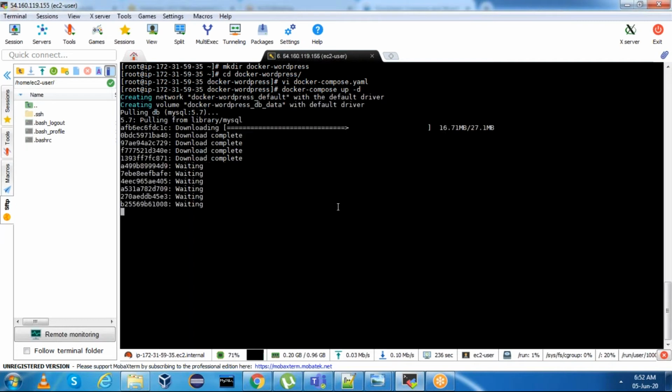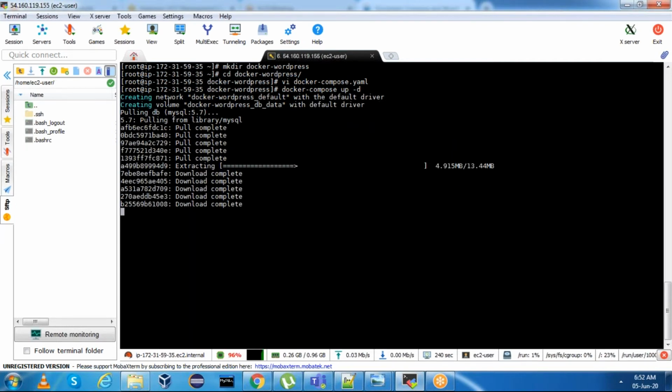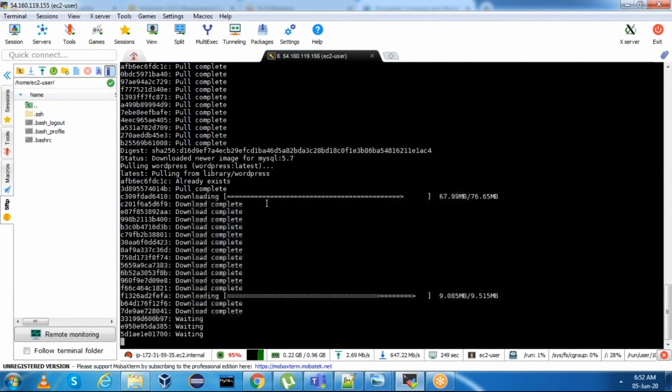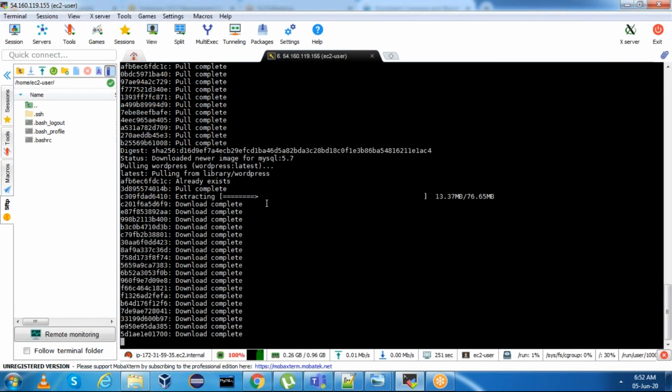Now see, it is creating a network, the docker-wordpress default network, and it is creating a volume, docker-wordpress db_data, with the default driver, and it is pulling multiple containers. The MySQL image is downloaded. Now it is downloading the image for WordPress.